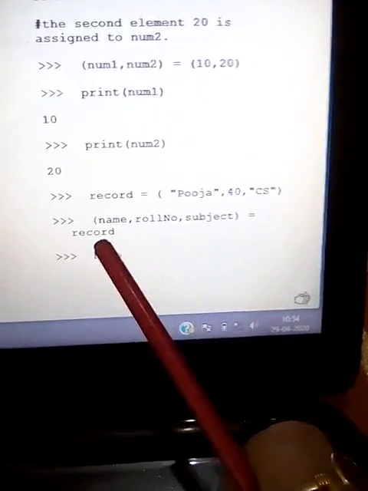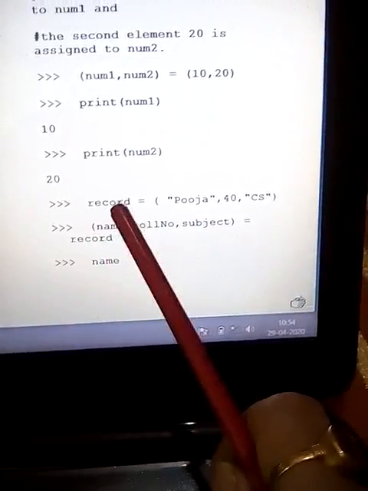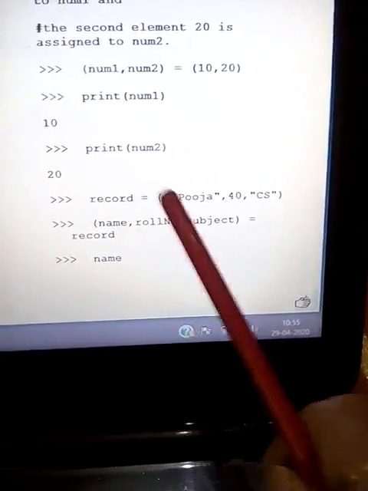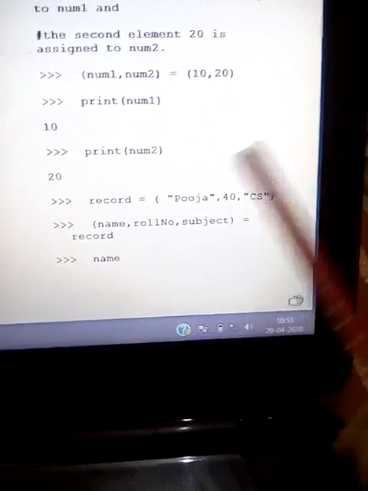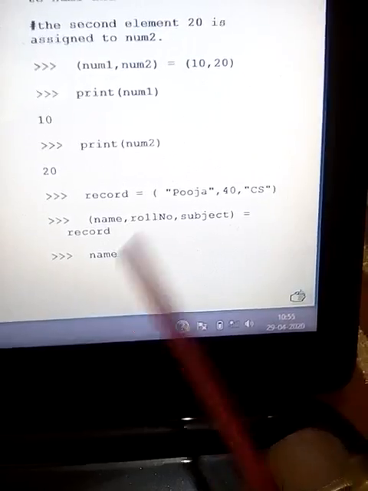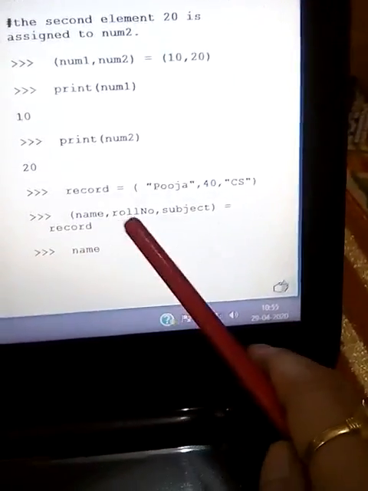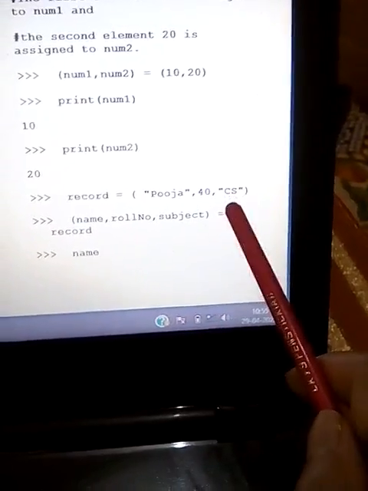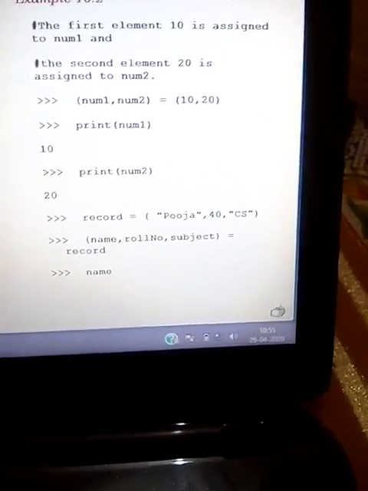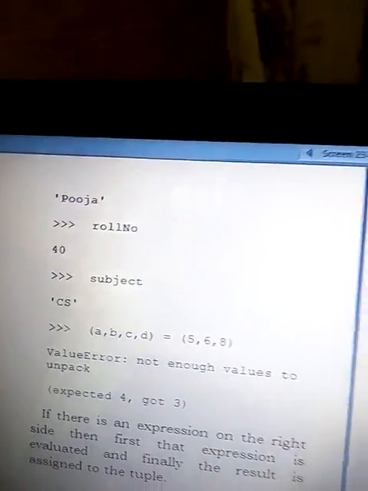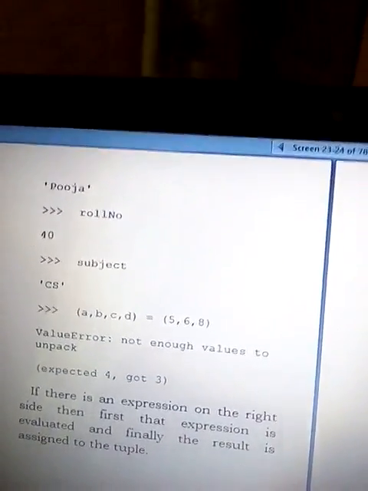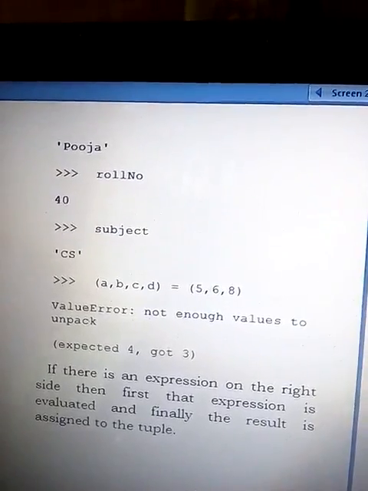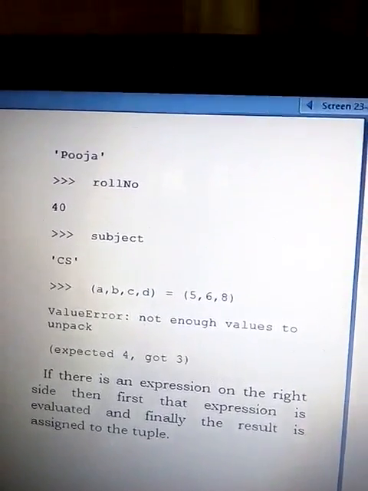Now on the right hand side we pass record, which is just a tuple consisting of 3 elements. So how can we map? If we print name, Pooja will be printed. If we print roll number, 40 would be printed. If we print subject, CS will be printed. Let's see its output. Every individual element would be mapped with its variable.